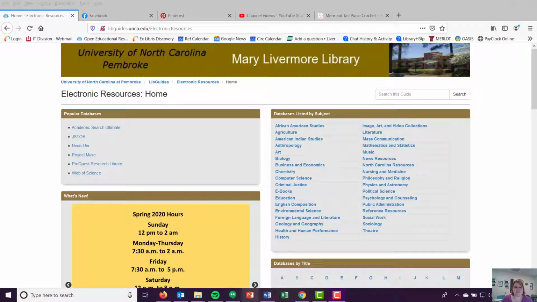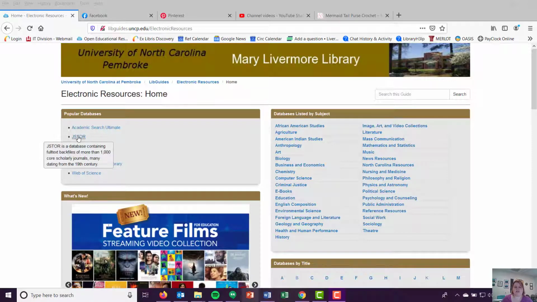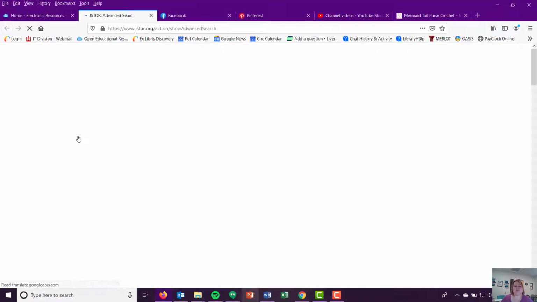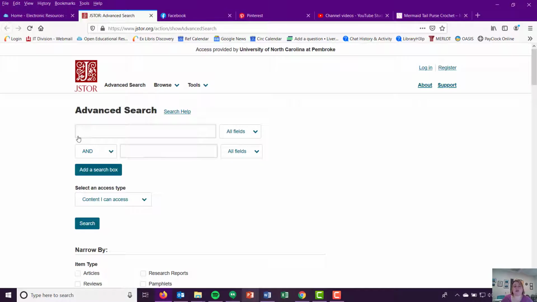Okay, so next database I want to talk about is Jstor, and some of y'all may have heard of this before. We definitely have some professors who recommend it. Jstor is a very long-standing database. It's been around for a long time. Really good for humanities research. So anything within arts, literature, history is particularly good with Jstor. We get a lot of history classes coming in and finding a lot of good information in this.